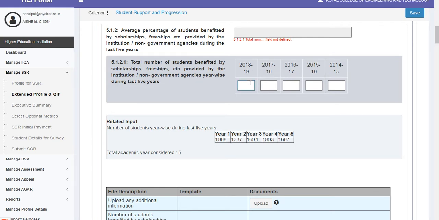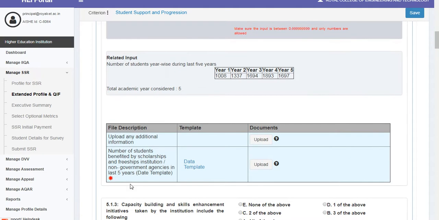So you can fill the data accordingly for each assessment year. And here also the related input is number of students year wise during last 5 years, the extended profile question data, and the total academic year considered is 5, which is the 5 assessment years of NAAC.